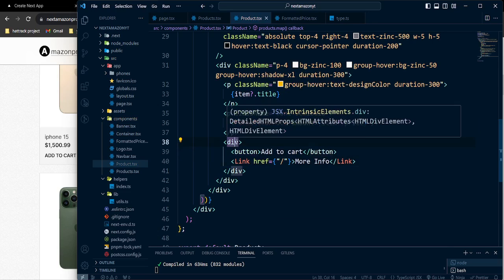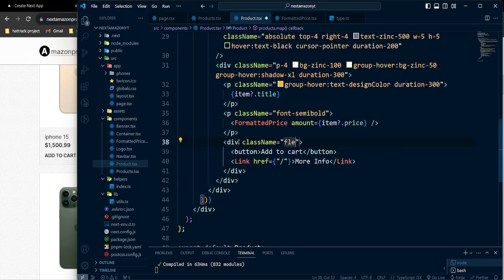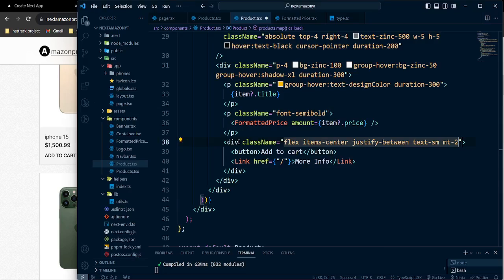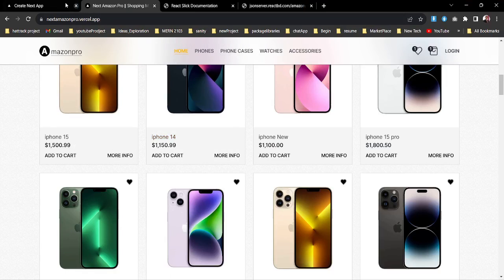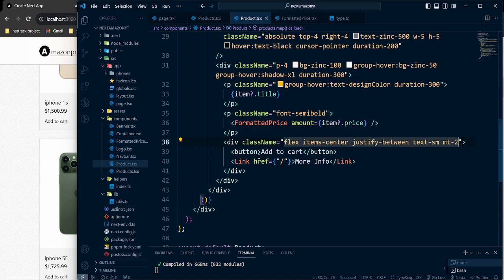So now let's go back to the top layer of the div. Let's put that class name. It's gonna be flex, items-center, justify-between, and text is gonna be sm, and mt-2 for the margin top. Okay, looks good. So now what we actually need to do in here,